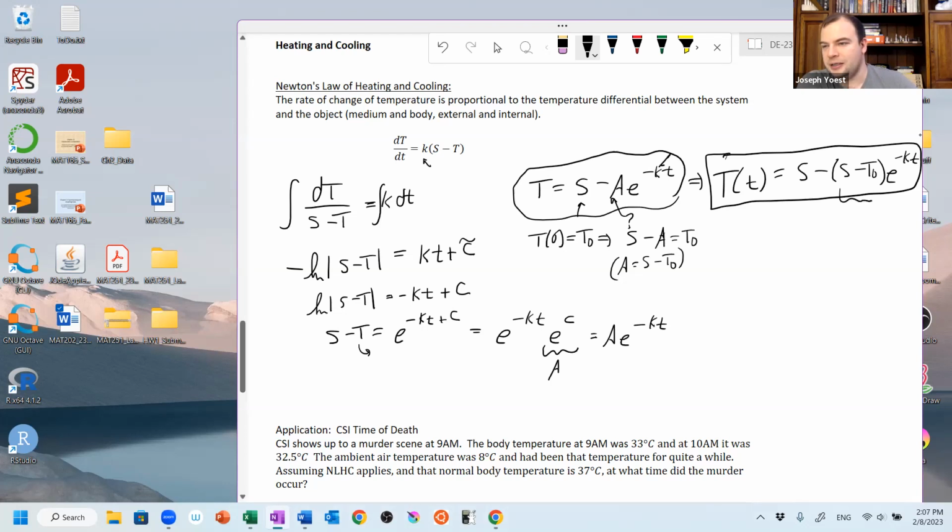And we can see that if the temperature of the item, T naught, starts out at the system temperature, then this factor here is 0, this contribution is 0, and the temperature just stays at the system temperature. So if T naught equals S, then this factor is just 0. If T naught is less than S, well, what do we get? This is